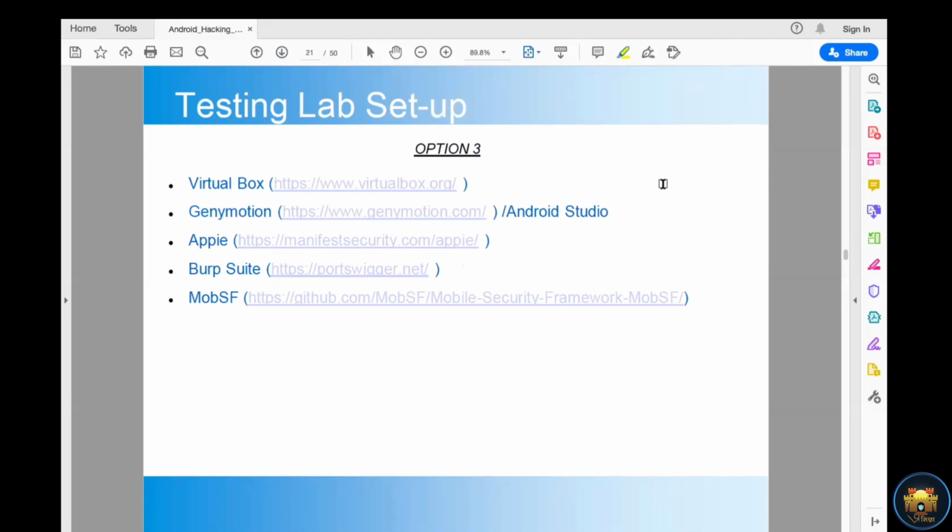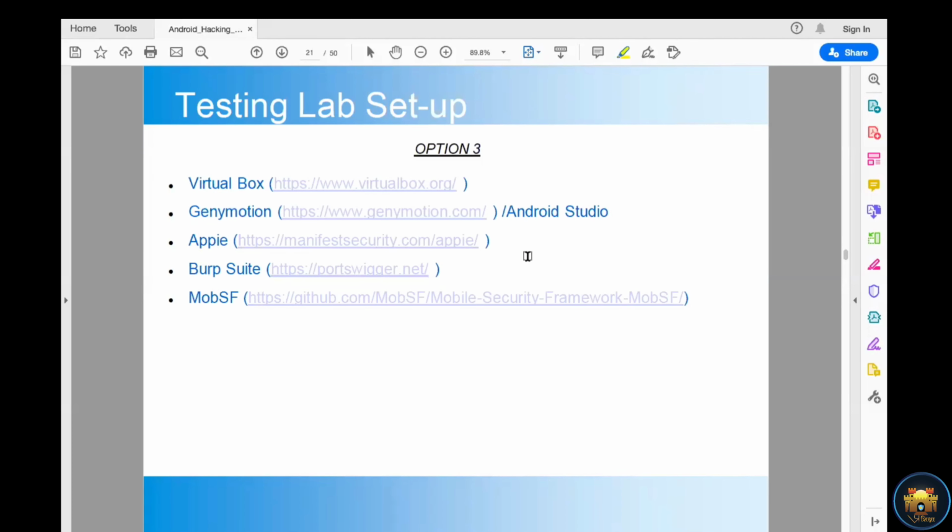Okay, so option three. Sometimes when I talk to people, they say that they are using a Windows system and don't have a consolidated tools list. For that, one security researcher developed the API tools. You can download this tool from manifestsecurity.com/API.